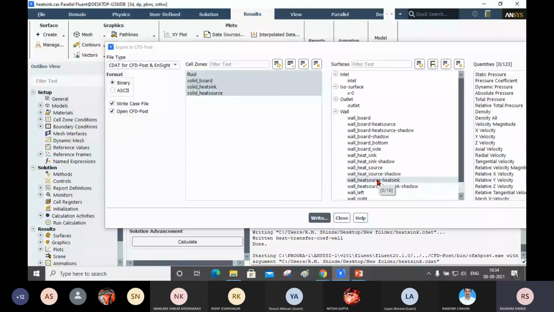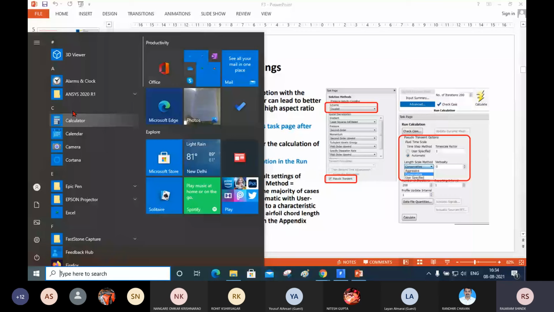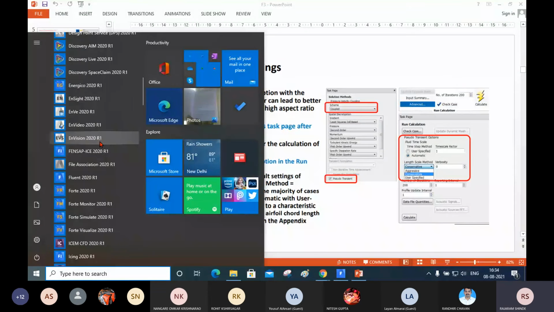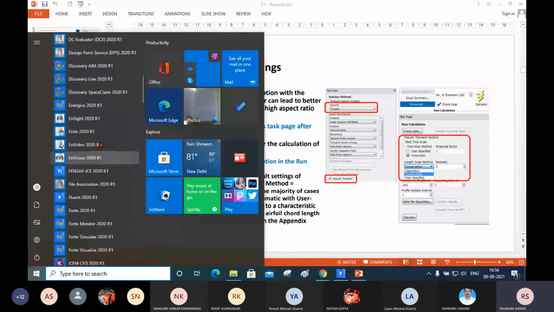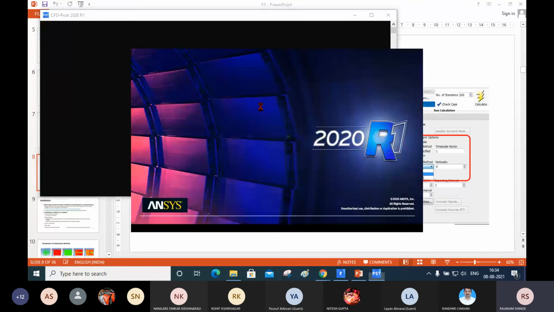Now I will open the CFD post. I will go to ANSYS Fluent again, and I will open CFD post. Where is CFD post? This one. Here, this is a new version.